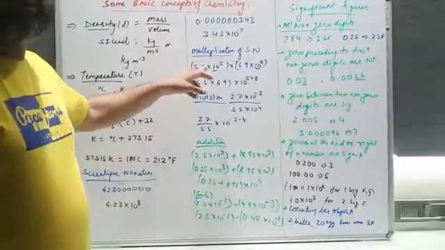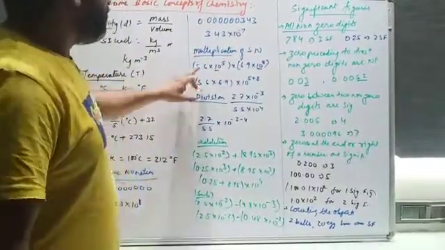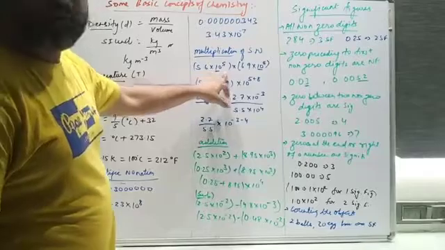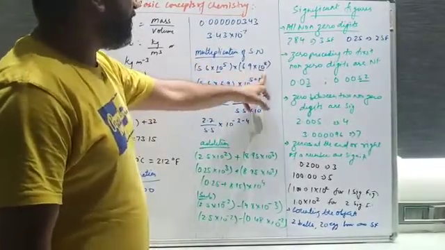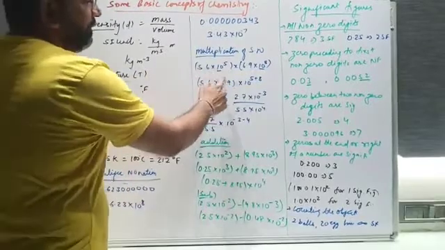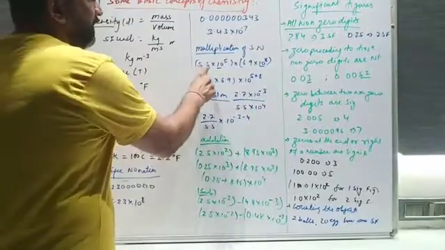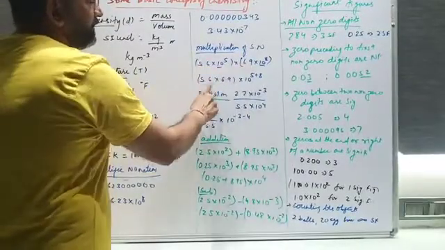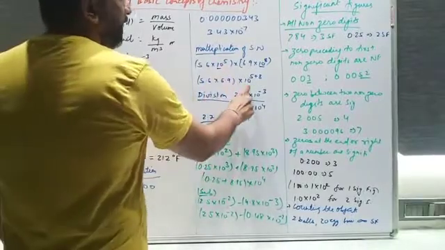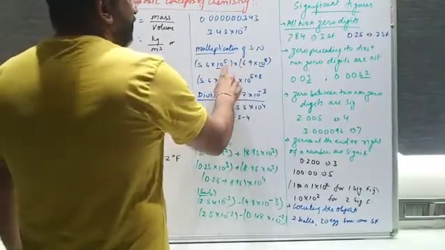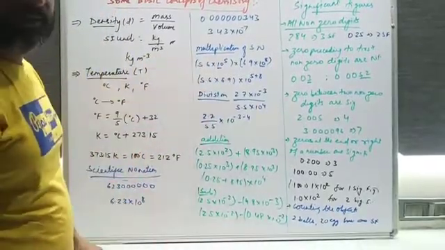The example is 5. So this is the multiplication of scientific notation. See, 5.6 into 10 to the power 5, this is one whole scientific notation, and this is 6.9 into 10 to the power 8. If you are multiplying, then if the base is the same, the powers will be added, you people know that, and the rest of the numbers will be multiplied. 5.6 into 6.9, that is a multiplication. Then 10 will be the same base, and the powers will be added, 5 plus 8. Okay students, so this is the multiplication. Whatever answer comes, you need to find it out.